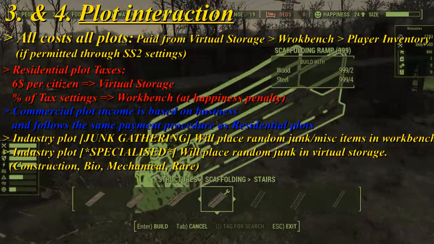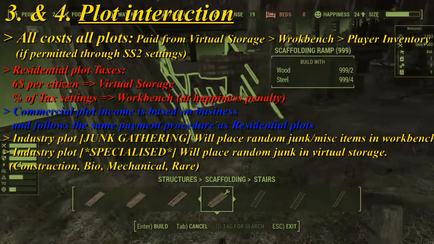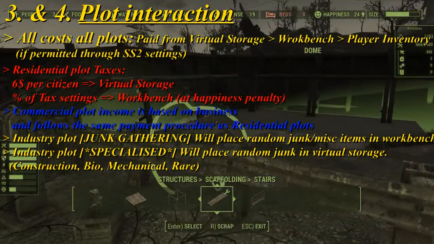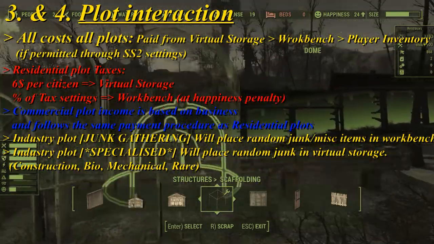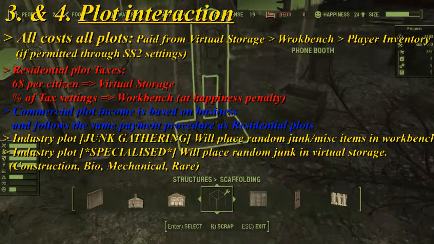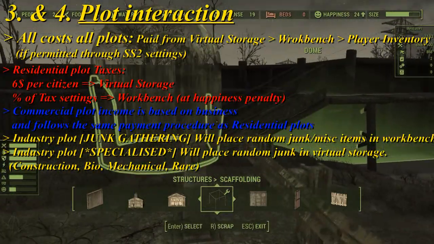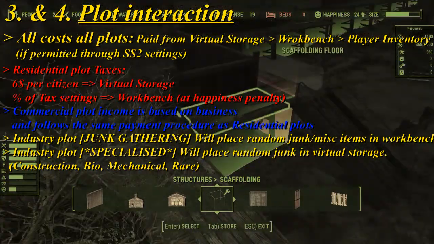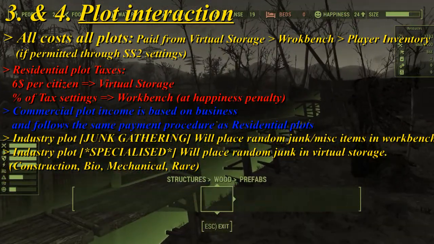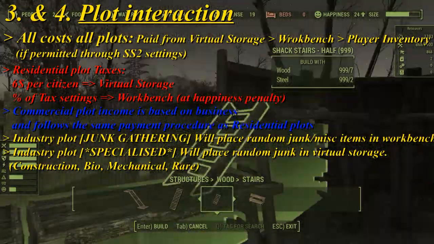Construction items, that's it. The first unlock is construction items, and you can build, for instance, a construction forge. Now, this particular industrial plot does not put anything into your workbench. This actually produces a lot more items, but they all go into your virtual storage, and they're all of one specific component type. In order to understand that, you need to go into your settings menu, because SimSettlements 2 Economy